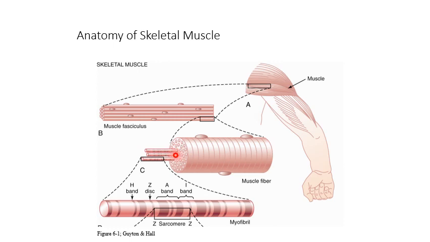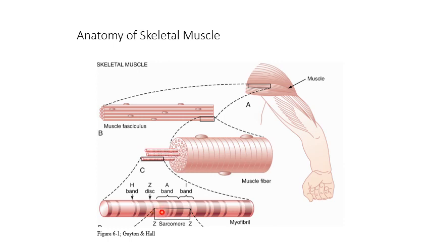A muscle fiber contains several hundred to thousands of myofibrils. Each myofibril is composed of actin and myosin. You see there are certain light bands and certain dark bands, right, students? These are the actin and the myosin filaments.